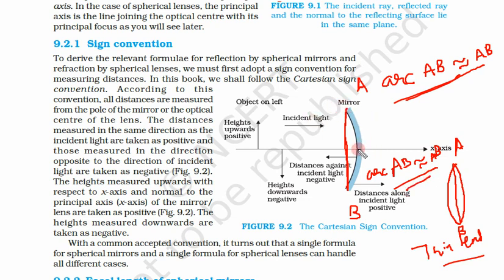The radius of curvature is very large. As we see in the case of the earth, the radius is very large. That's why the earth looks flat to us. So we always take the radius of curvature to be large. Hence this arc AB is equal to AB. And in the case of lenses, we take a thin lens. In a thin lens, the arc AB is also equal to AB. So these are some of the approximations that we are going to use in this chapter.